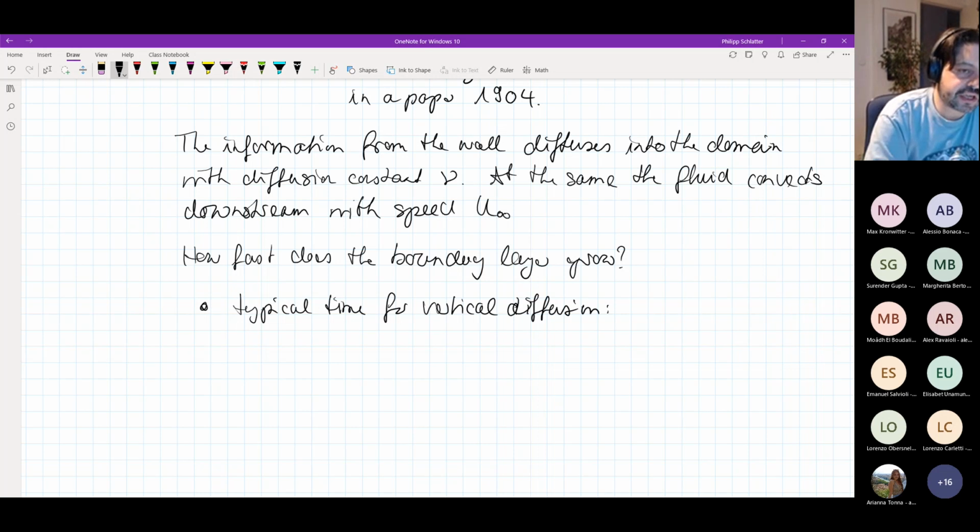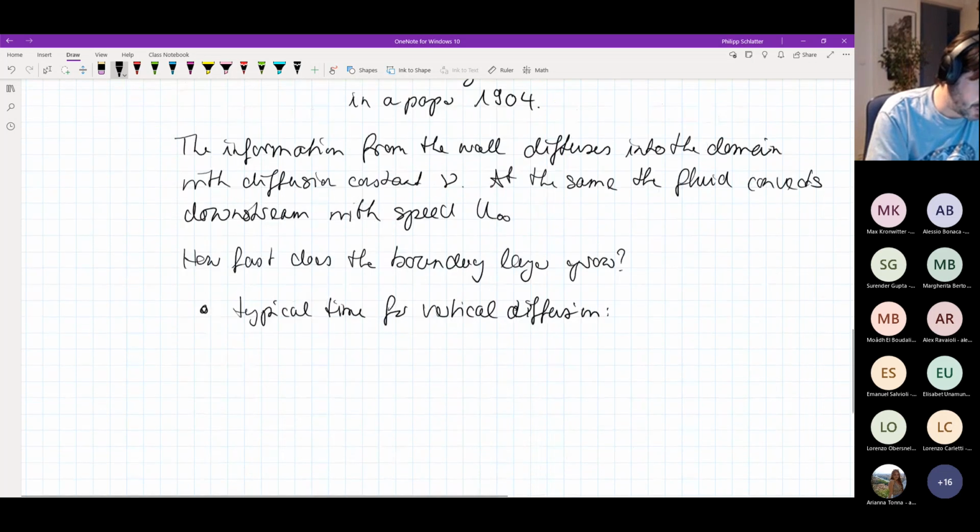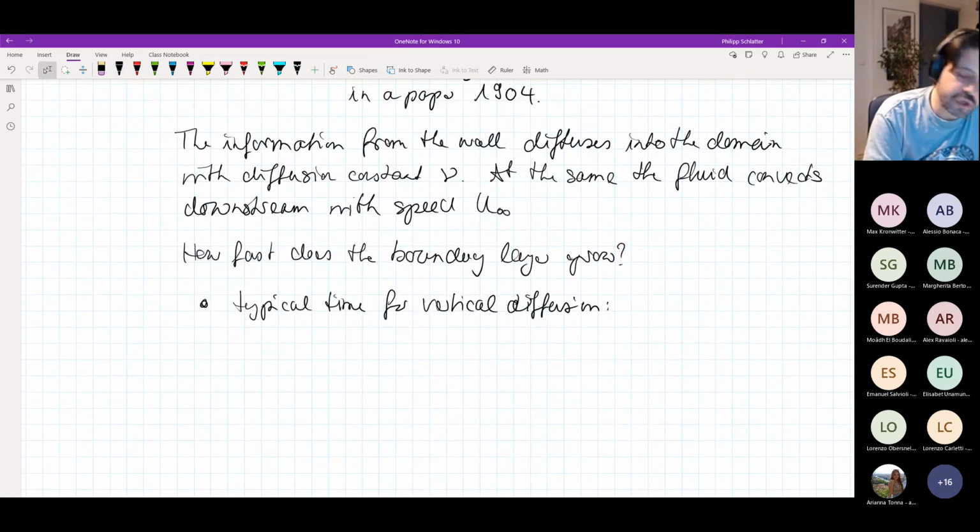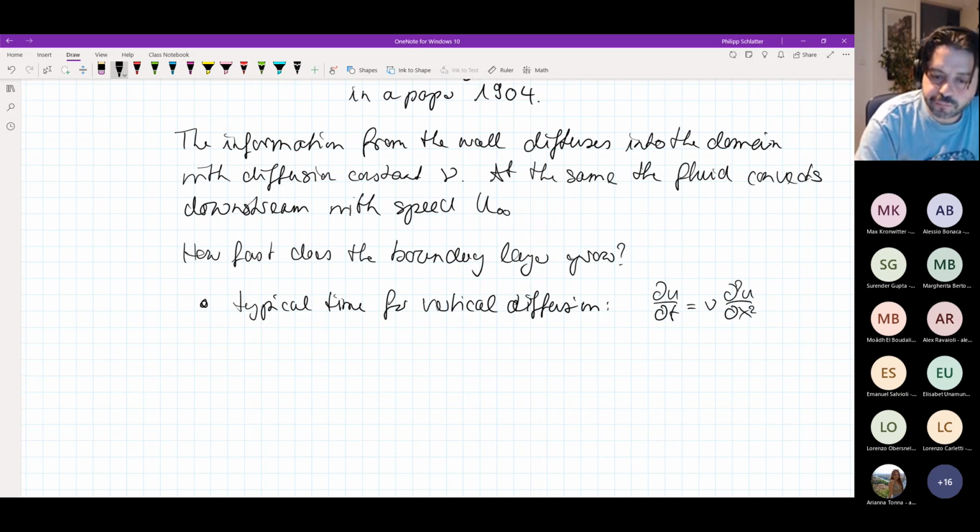Well, that's actually, how do we do that? Well, we know that diffusion, so if you just think of a diffusion equation, it will be something like du/dt equals nu times d squared u dx squared. So this would be some type of diffusion equation. So that means that in the diffusion we will somehow have a